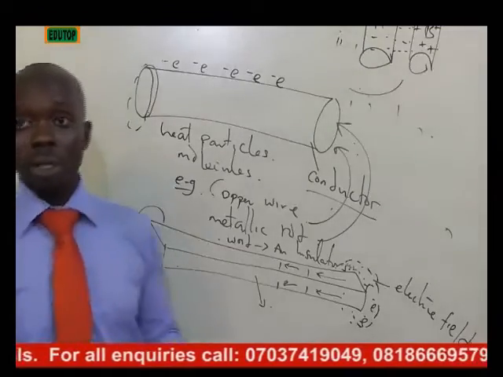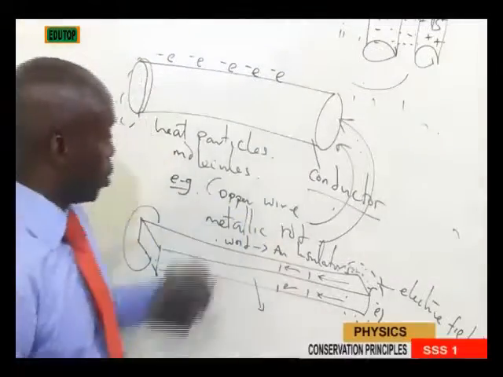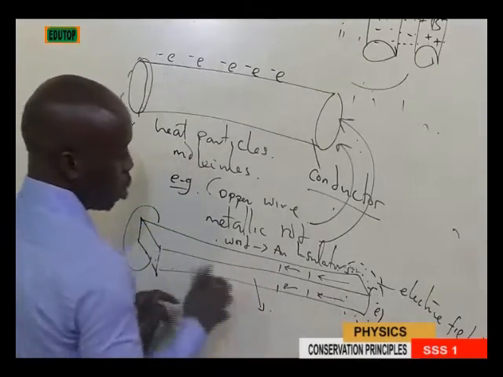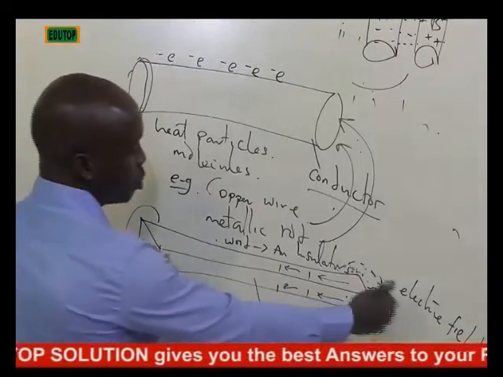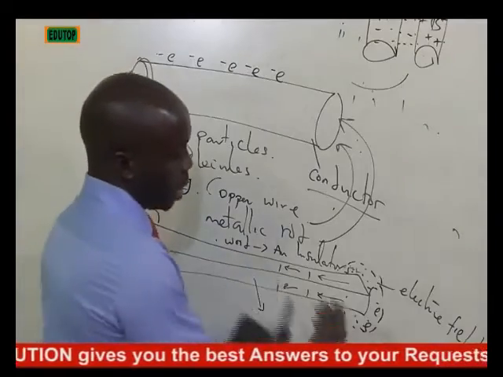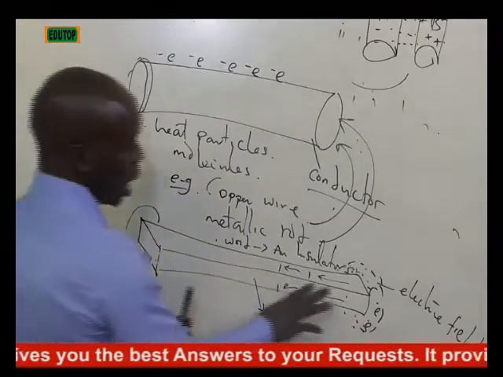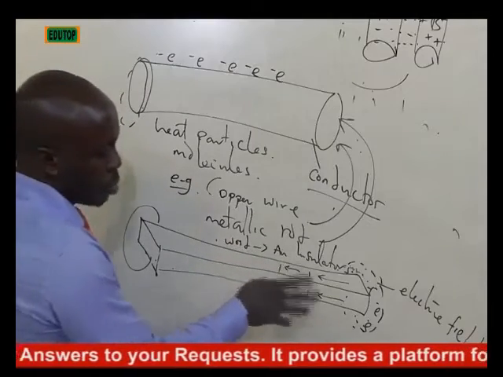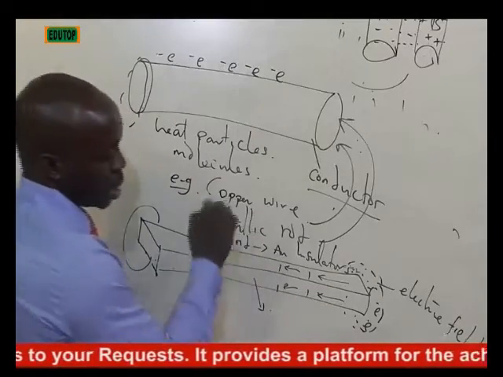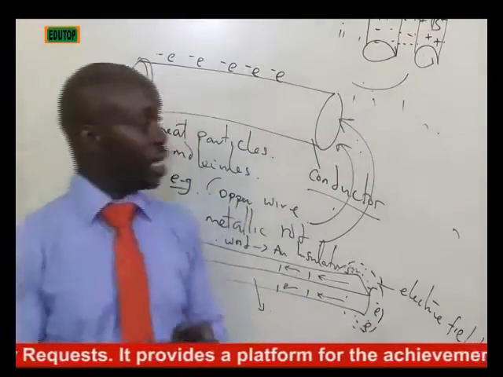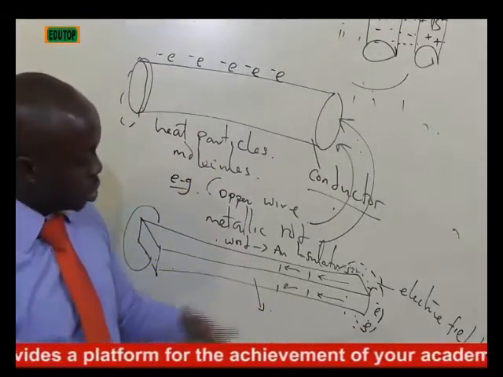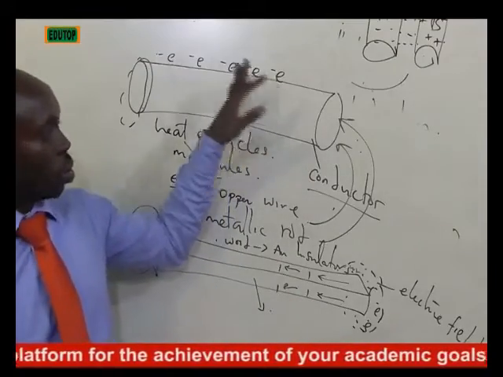Because of its refusal to allow electrical charges and heat particles to pass through it, this wood is an insulator. So that is the proper difference between an insulator, which is a wood, and your conductor, which is